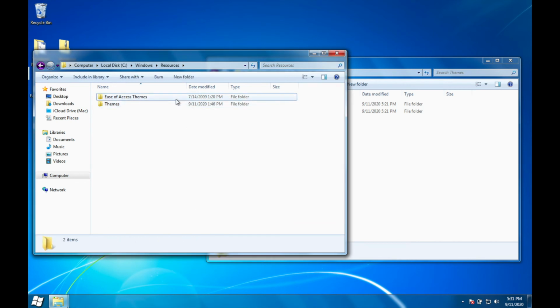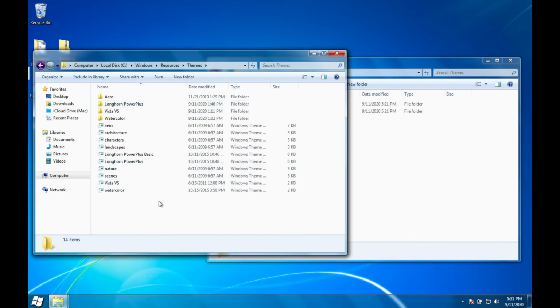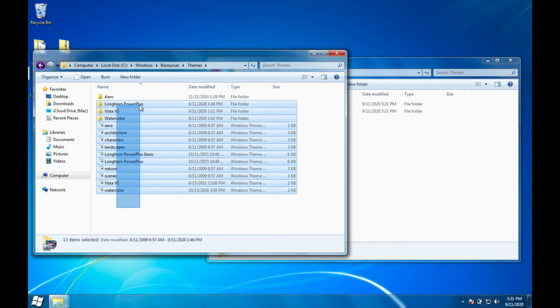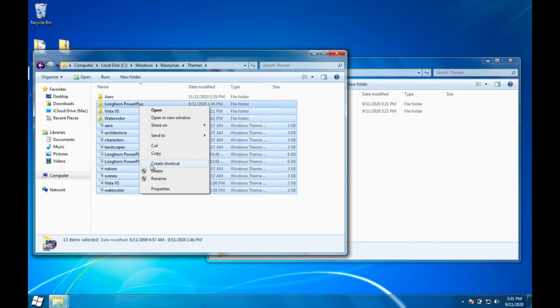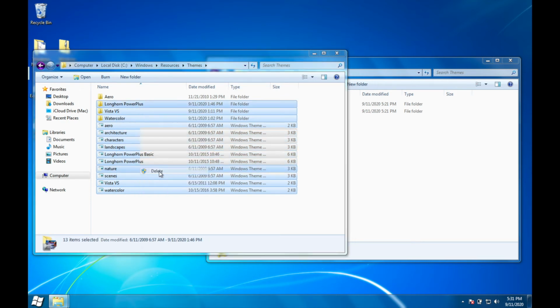And then after you've done that, you need to go into the themes folder, and then there should only be aero, architecture, characters, landscapes, nature, and scenes. But you might be wondering why there's the Longhorn, Vista, and watercolor themes. Well, it's because I added some in this VM, in the context of a virtual machine. Anyways, you need to delete all the